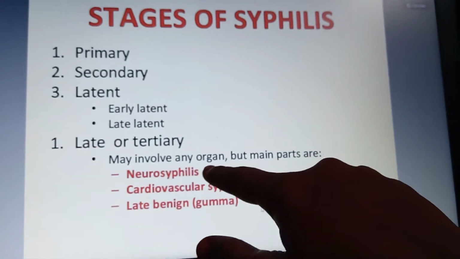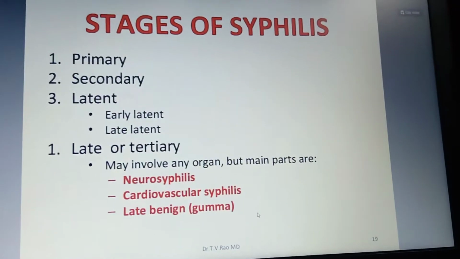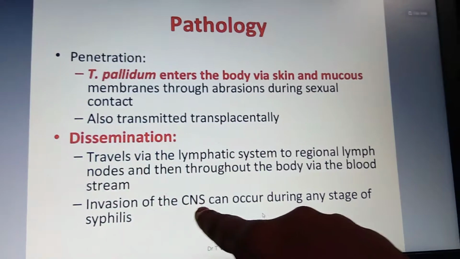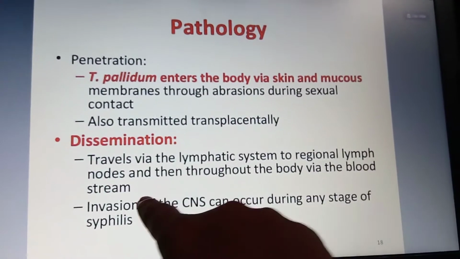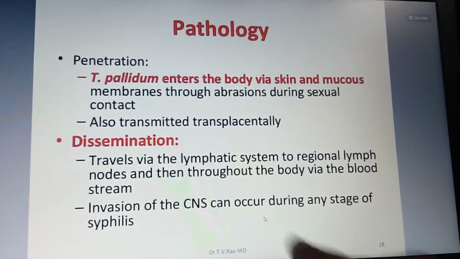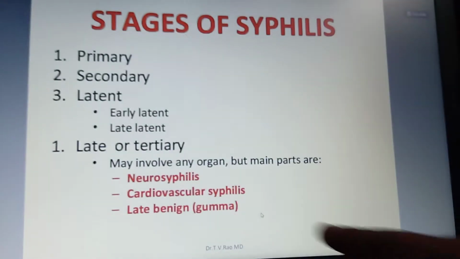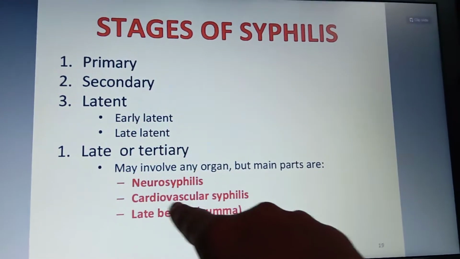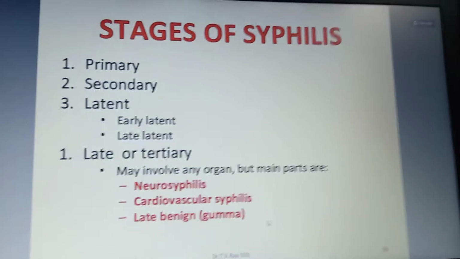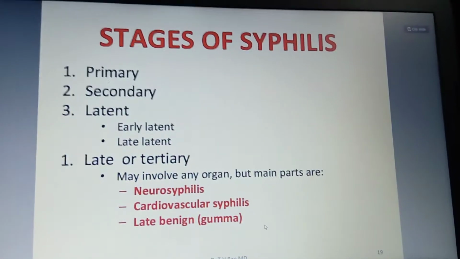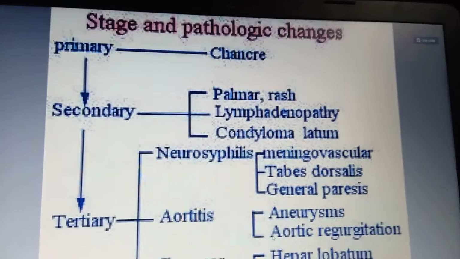Here neurosyphilis means, in the pathology you have dealt with here, it is transmitted through the bloodstream, and then occurs in the central nervous system only. So what is going to be affected? Our nervous system function and cardiovascular damage, and it is also dealt with in cancers. So how is it going to be?